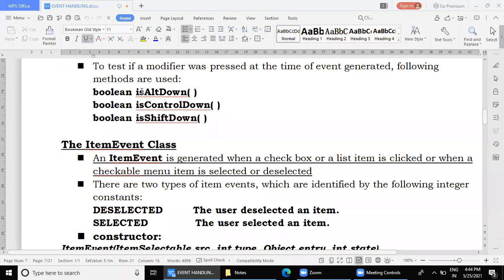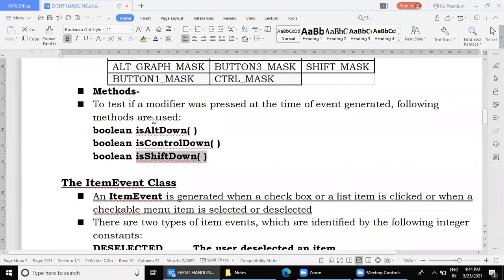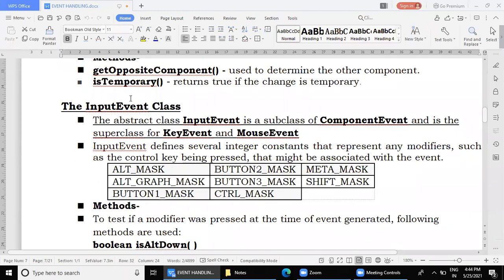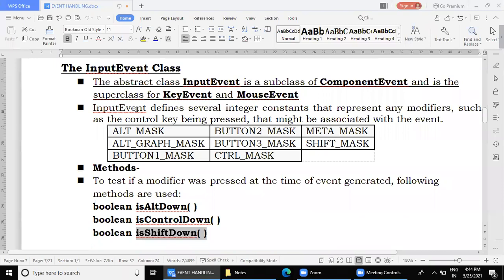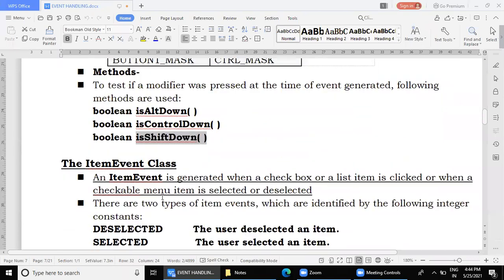When the alt key is pressed, you will get is alt down and the value will be returned as true. Similarly, control is is control down, and is shift down. Since the input event class is an abstract class, you can't create an object directly and you can't use these methods. They will be used by the child classes.